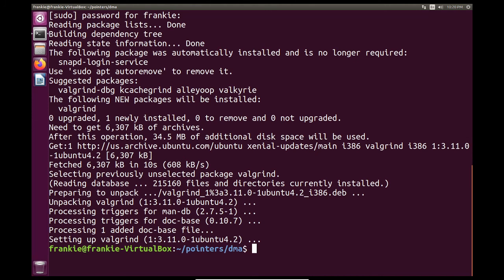So now that valgrind is done downloading, if I want to use it to check for memory leakage, I do valgrind, and I'm going to do dash dash leak dash check equals yes,